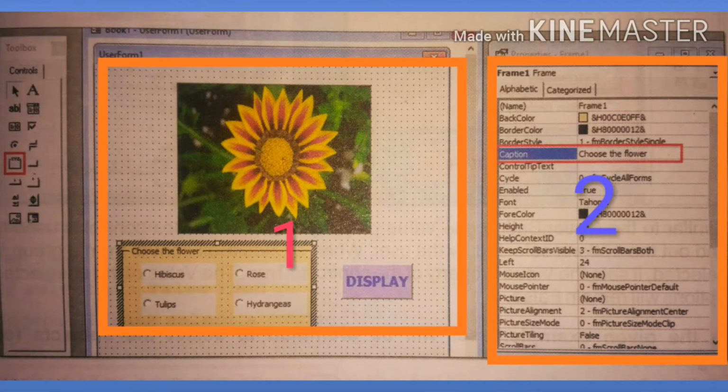Here is an example for usage of option button. In this example, we will display the flower based on the option button control selected by the user by clicking, using the value property of each option. Before starting the program, you have to keep some important things in mind.